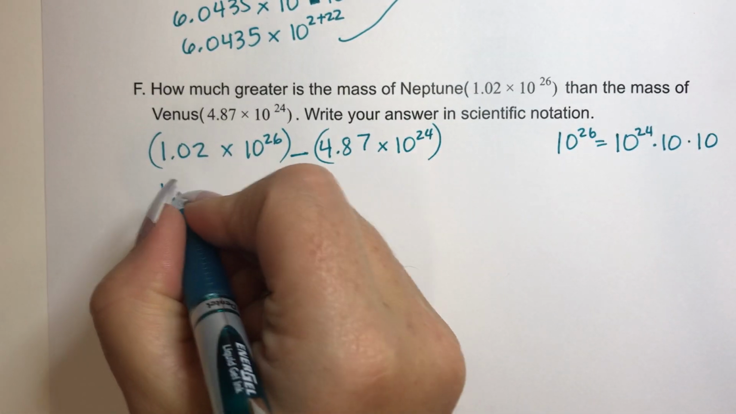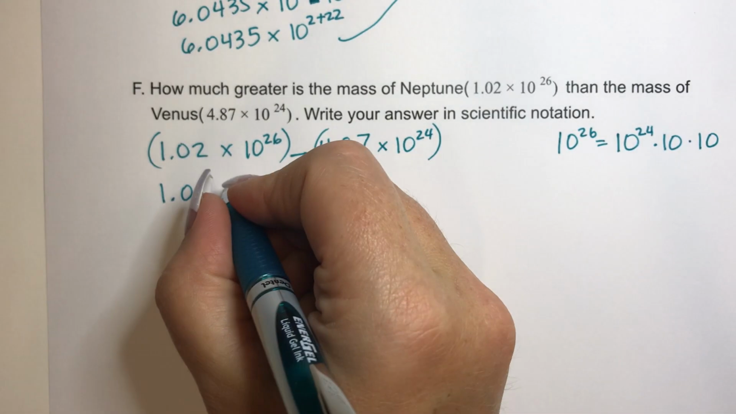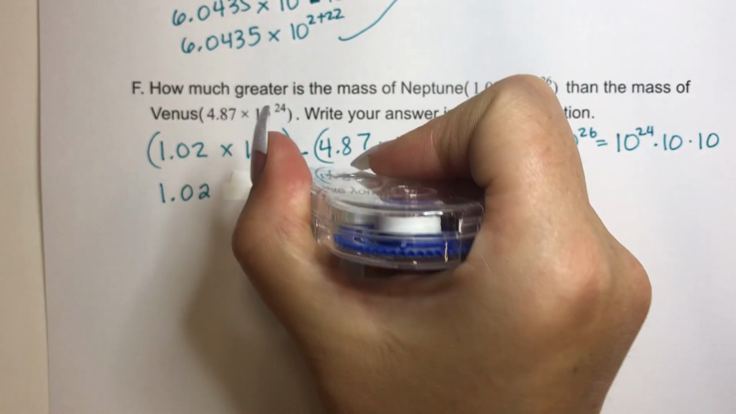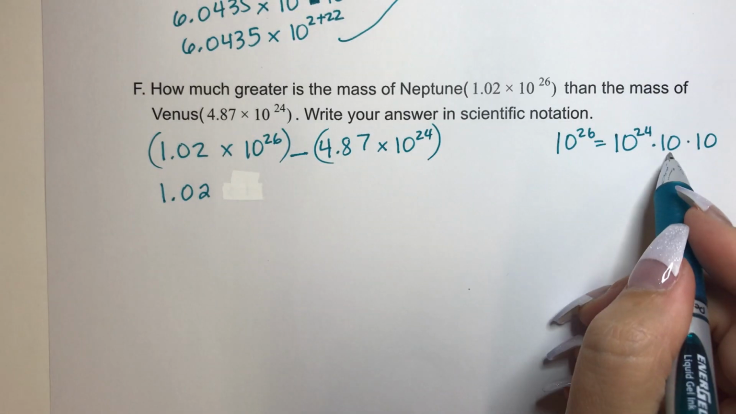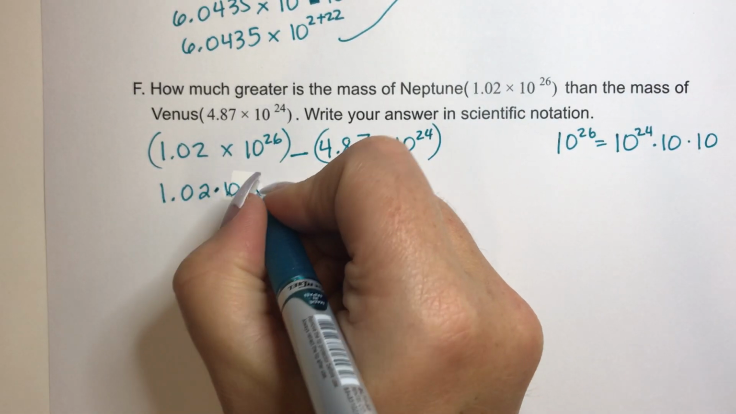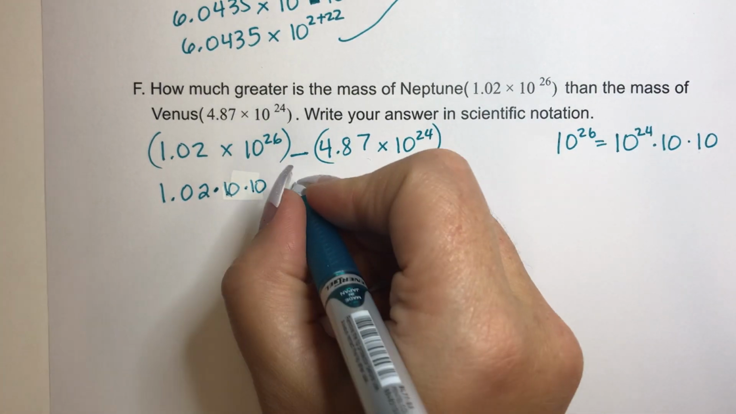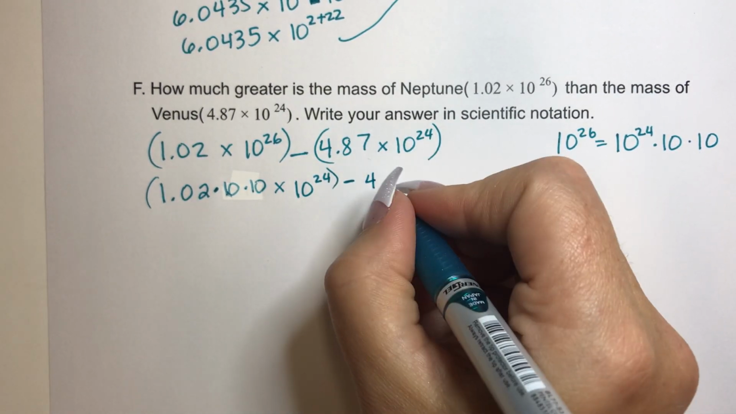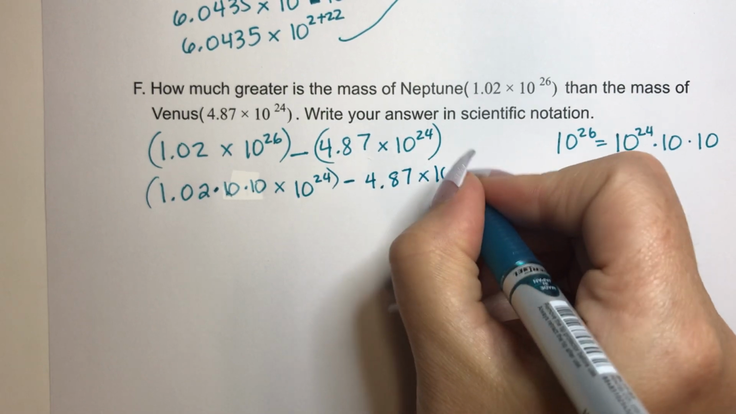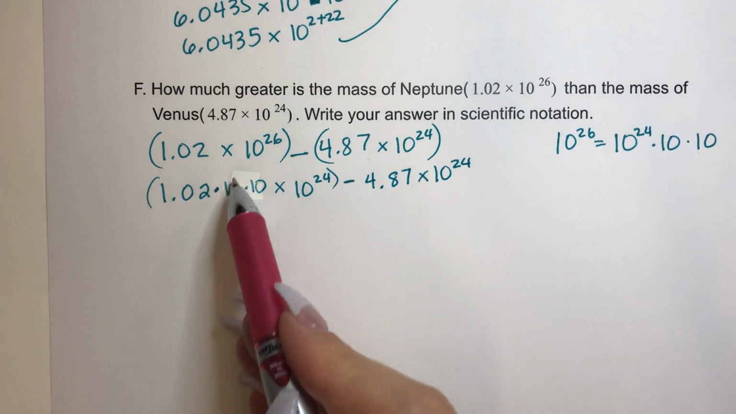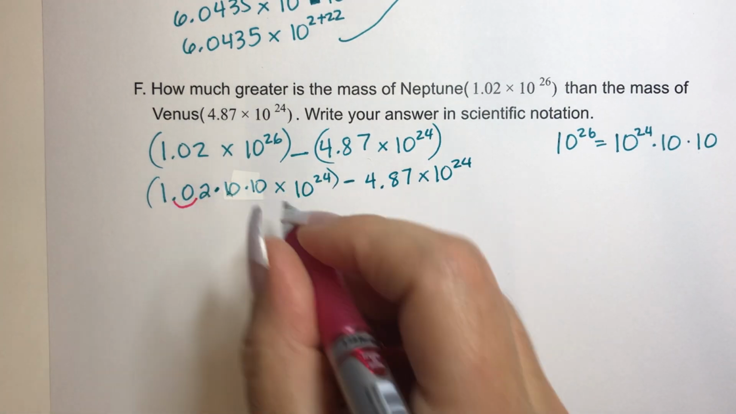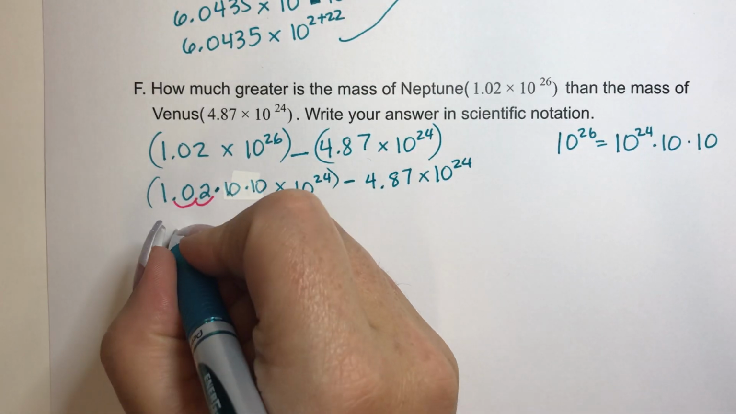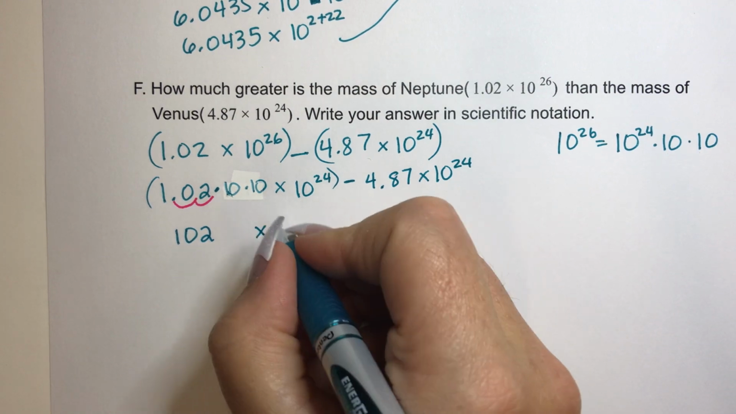So I'm going to write this as 1.02 times, these two 10s here, I'm going to multiply by 10 here, and then multiply by 10 again, times 10 to the 24th, right? Minus, I'm just rewriting this because this is already 10 to the 24th. Okay, so when I multiply this by 10, it gets 10 times bigger, which means it moves one decimal place this way, and then I multiply again, it gets 10 more times bigger. So my answer ends up being 102 times 10 to the 24th